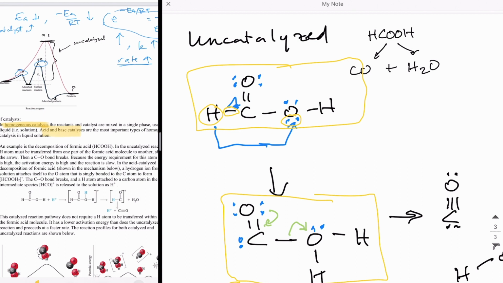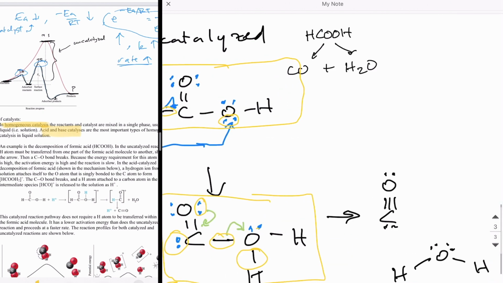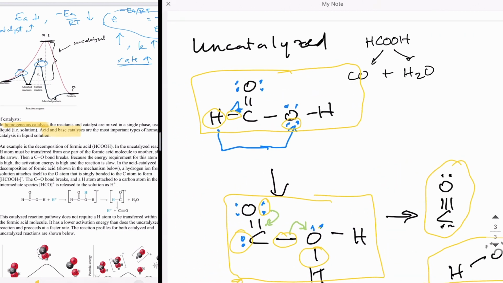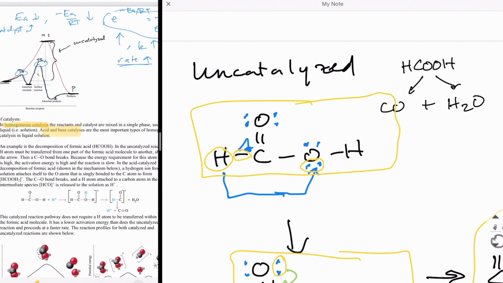So now you have your lone pair here, and you have this new bond that's formed between the hydrogen and the oxygen. The second step after this is the lone pair from the oxygen in that double bond has to form a triple bond, another bond, and then the electron pair here moves to the oxygen to form a lone pair, resulting in the final products, which are H2O and carbon monoxide. Now, this process is very slow because that first step is very slow. There's no reason for this oxygen to want to pull that hydrogen, and that's the step that initiates the whole process. So if you just leave it to temperature alone, this thing is going to take a long time to